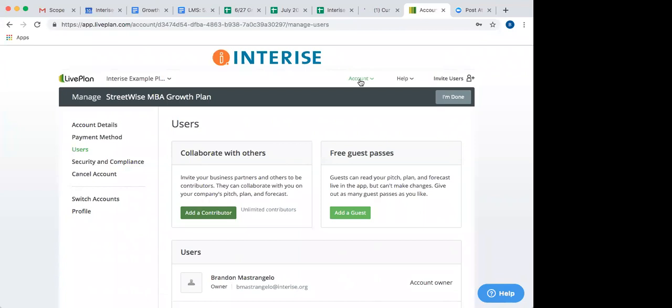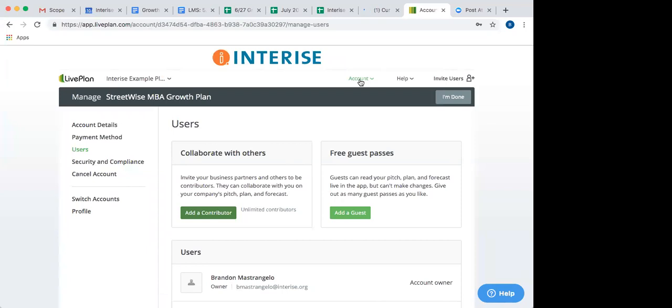And then after the 6 months, we'll send out another brief survey just to get last feedback on how this experience was for you, and what things you really enjoyed about this tool. What do you wish it had that it doesn't? Things like that. And then from there, if you want to continue to use our LivePlan account, there will be a fee.